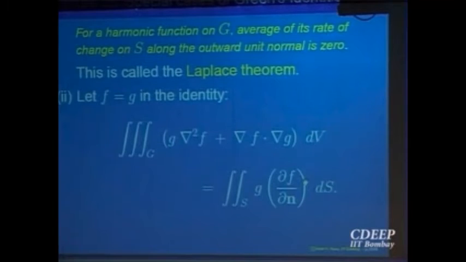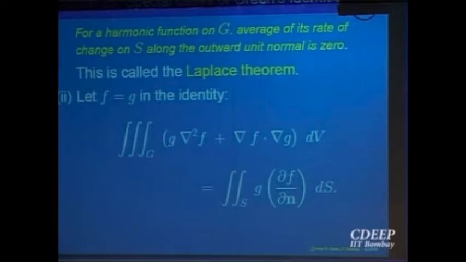Now what does it tell me? Supposing f is equal to 0 on the boundary, then the integrand will be equal to 0, right? Or if the directional derivative of f along the normal is equal to 0, then also this integral is 0. So supposing f is a harmonic function and it is 0 on the boundary, that will imply that the integral of the norm of the gradient of f squared is equal to 0. That means the gradient must be equal to 0. And if the domain is nice, that will mean f must be a constant, but on the boundary it is 0, so it must be 0 everywhere. So we are able to say that for a harmonic function, if it is 0 on the surface, then it is 0 everywhere inside also.